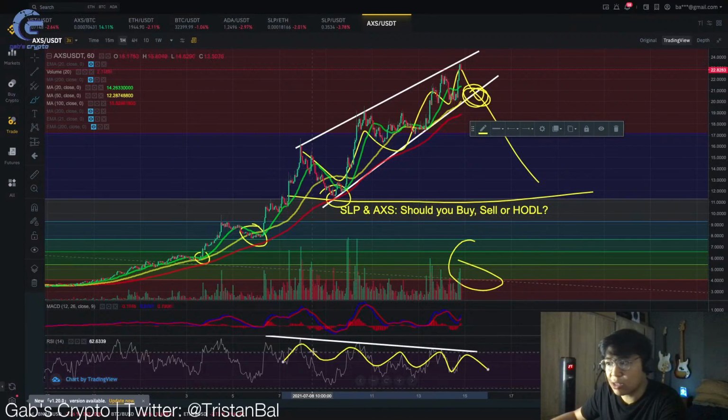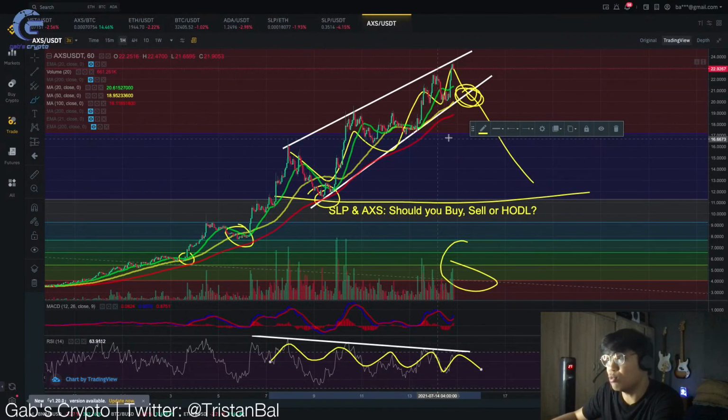So, ibig sabihin niyan, if nagde-decline ang RSI natin, anytime soon, hindi natin masasabi kung bukas or next week or next month. Pero pag nakakita tayo ng gantong movement, this would mean na this action is now due for a correction and a dump. It needs to go back to being oversold. So, nakita ba natin ito dati? Bigyan ko kayo ng isang example na naging ganun yung movement.